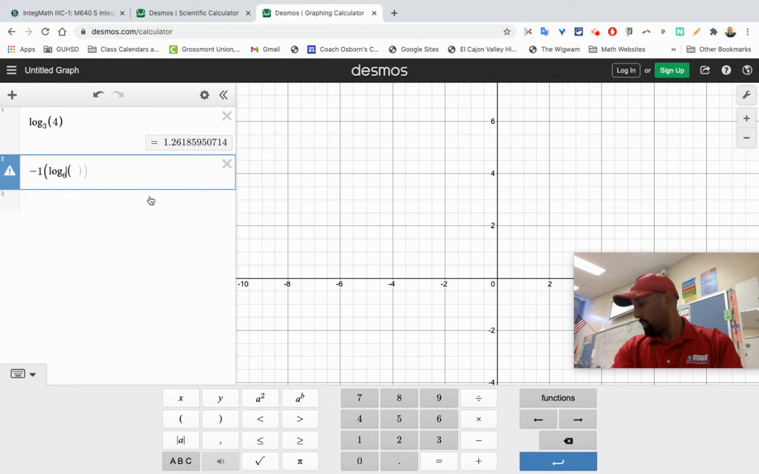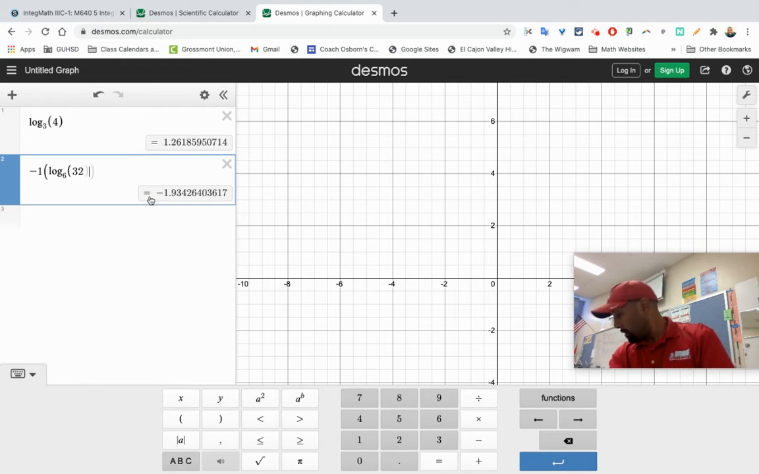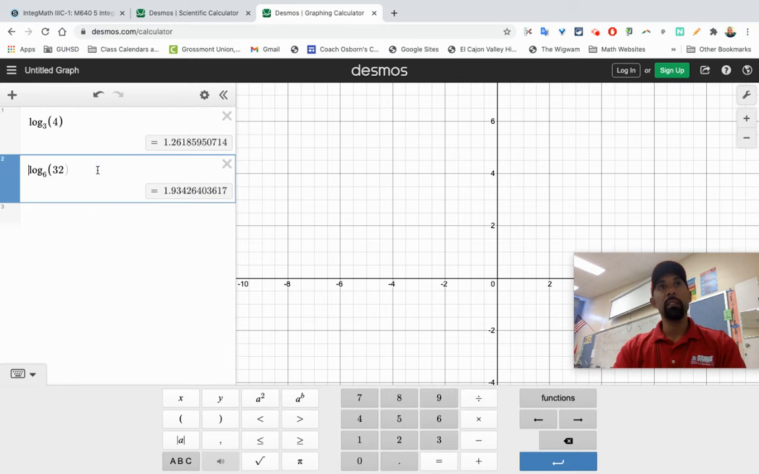Okay, so log base 6 of, what was that, 32. Just want to make sure it's inside those parentheses there. And that's it. Okay, so let's see, negative 1.934. Okay. And since I'm here, I'm going to go ahead and just erase that because that's literally the problem